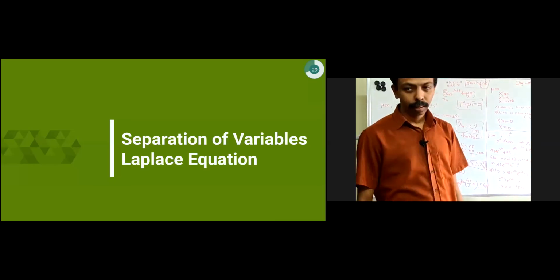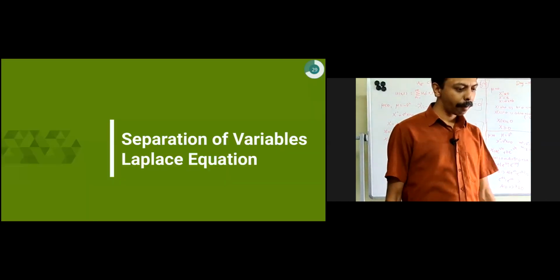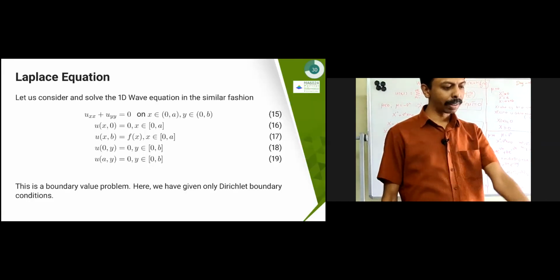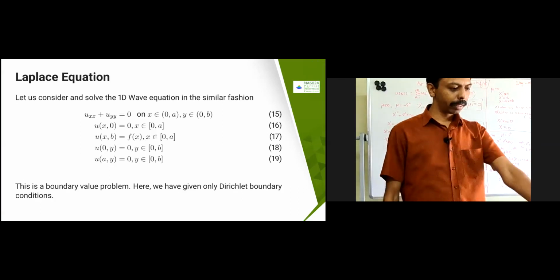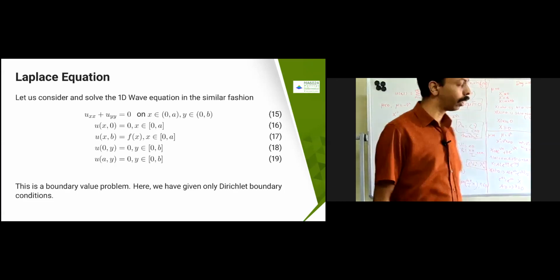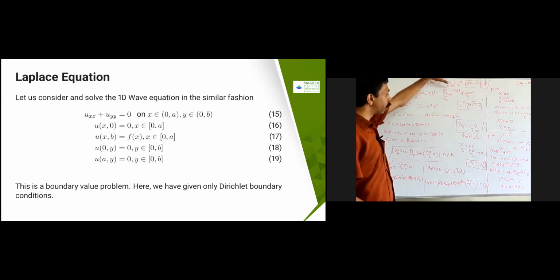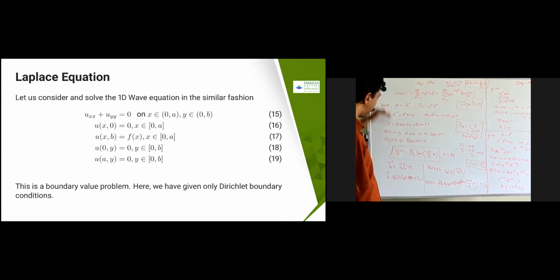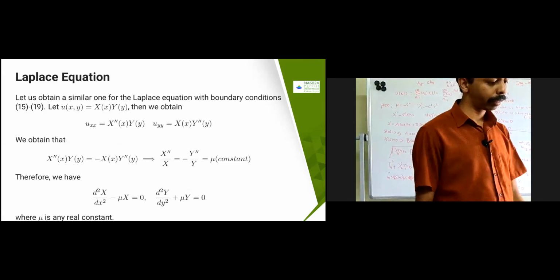Okay, that's all. This is the solution which we can find. Okay, same way for the Laplace equation also. For the Laplace equation also we will do the same thing. See here, what we will do is that instead of utt, we are going to use uxx plus uyy. So same kind of things. Here instead of c square, you are going to get minus 1. Okay, only minus 1 will come here. Same kind of setup will go. Everything will come in the same kind of way. Okay, you will get a similar kind of equation.